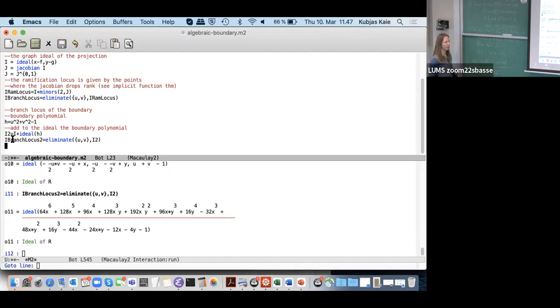So this means something is given implicitly, and the implicit function theorem says